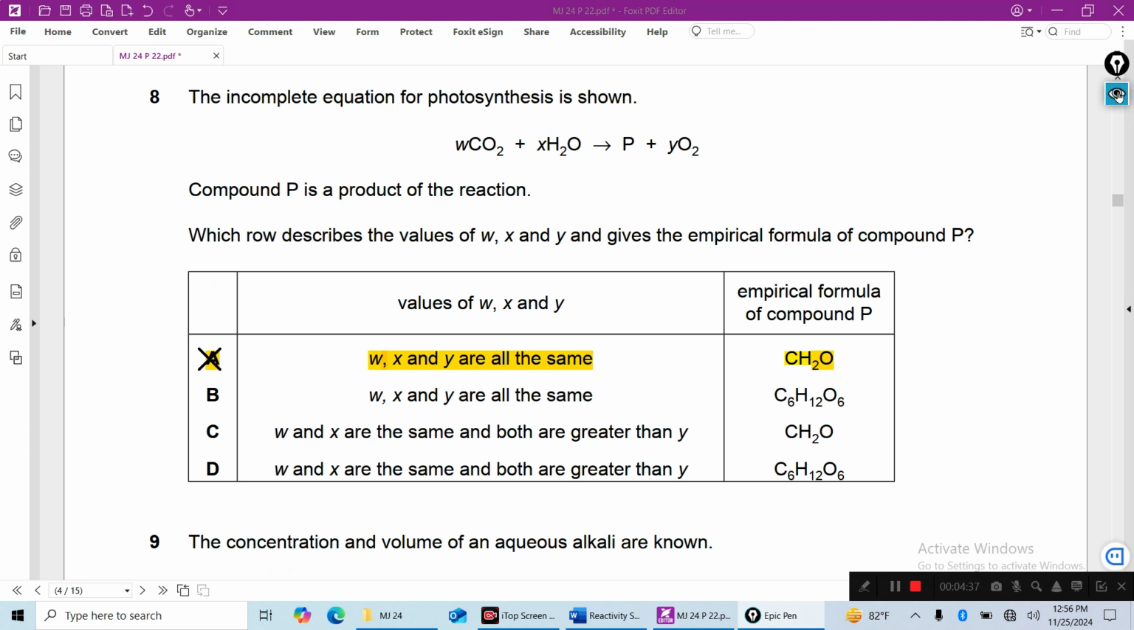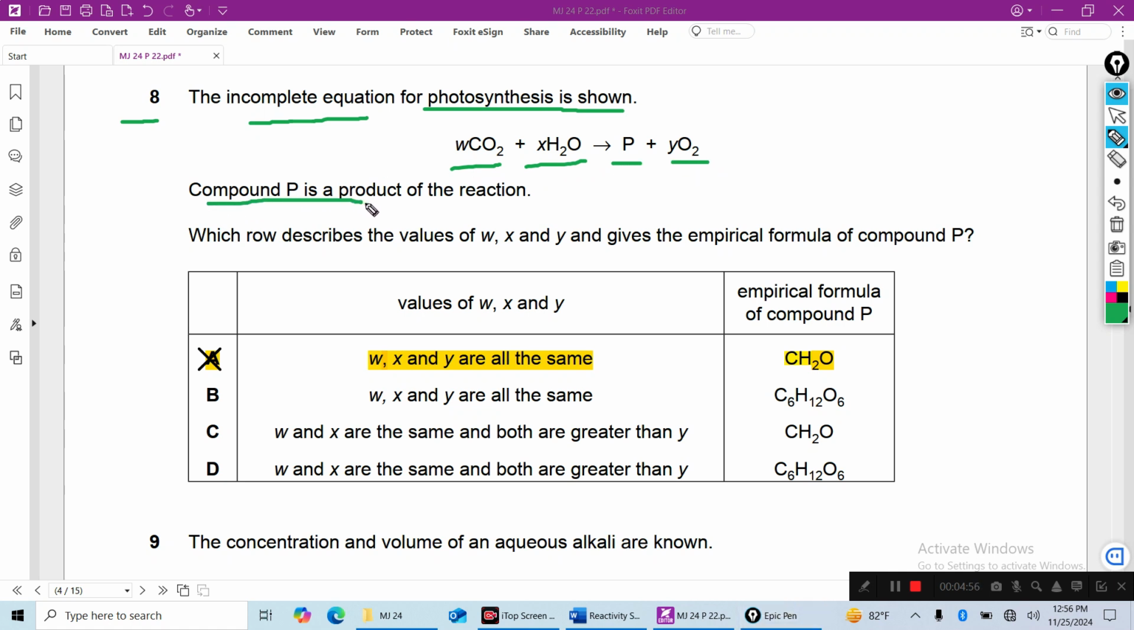Now number 8. The incomplete equation for photosynthesis is shown. Carbon dioxide reacts with water to form P and oxygen. Compound P is the product of this reaction. Which row describes the values of W, X and Y and gives the empirical formula of P? So the answer is